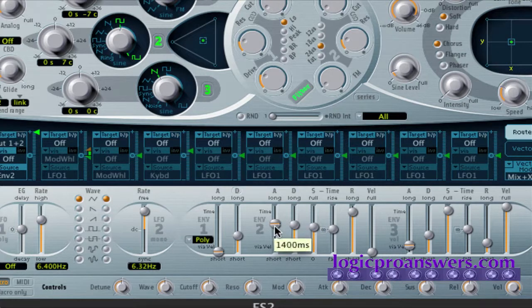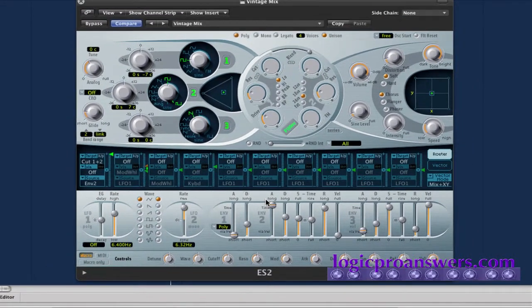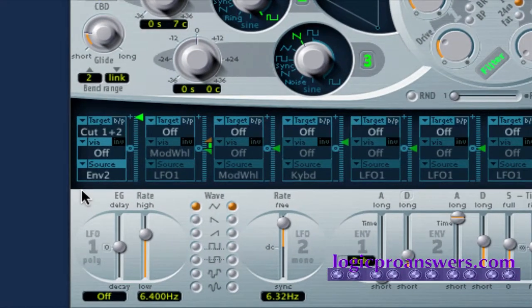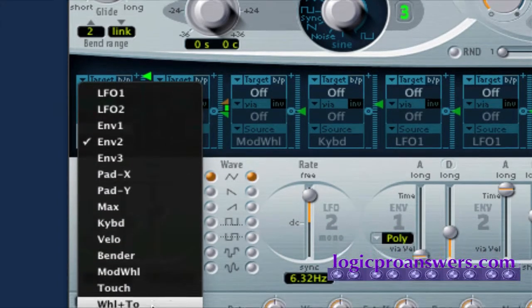And of course, the millisecond values here go up to 10,000 milliseconds. So if you were at a slower tempo, that might not be enough to give you a 4-bar envelope on your filter. So another way to accomplish this would be going back to the modulation routing, changing the source to